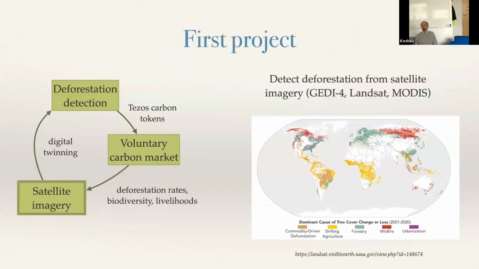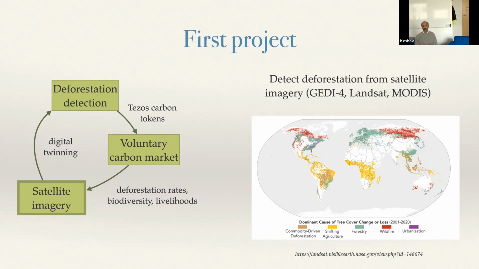Okay, so the first project we're doing, just to make sure that this methodology works well, is we're looking at using satellite imagery for trusted primary data, and we're looking purely at prevention of deforestation. So basically, we want to make sure that the forests are still there. And this is something that we can observe from space easily. If you cut down the forest, then the Earth observation satellites from agencies such as NASA and the European Space Agency can detect that and say, well, you cut that forest down so you don't get any credits. Or alternatively, if the forest is still existing, that means you did something right. You protected the forest, therefore you should get credits.